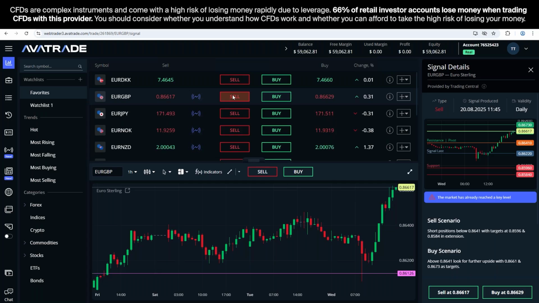It looks like in the short term, it's gone above the pivot point. So the original signal went bad. Here's your pivot line. It went above that and reached the take profit zone for the alternate scenario. You see here there was a buy scenario, and we see that has gone up into that take profit zone,